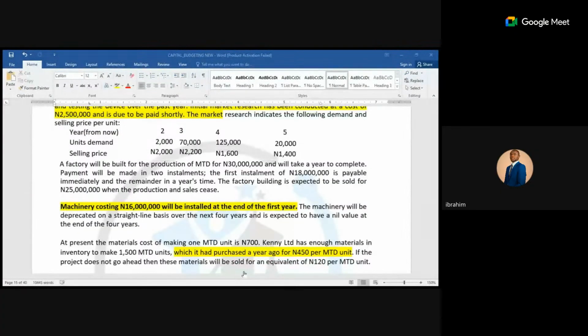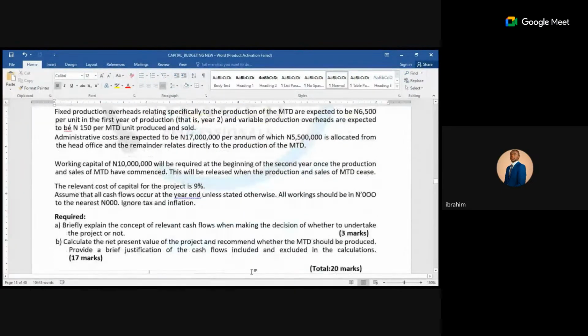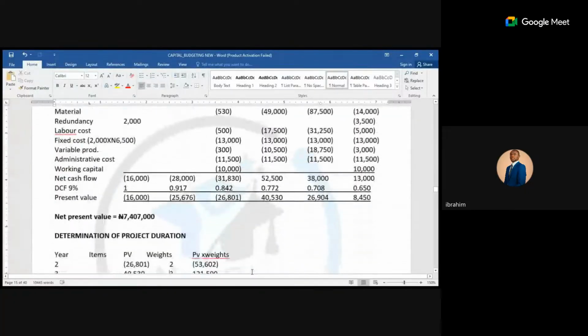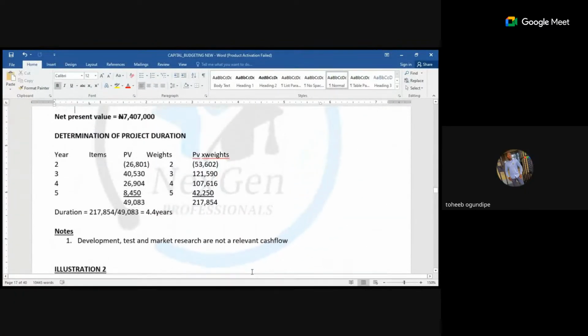So from year 2 to year 5. However, if you have year 1, year 2, year 3, year 4, year 5, yes, you can use it like that. Year 1, please don't put year 0. You will not get any cash flow in year 0. You've incurred expenses in year 0. You will start from year 1, year 2. Remember, duration: consider the relevant cash flow, the present value. Class, who is against me? Are we together? Can we move? Yes, we can move.